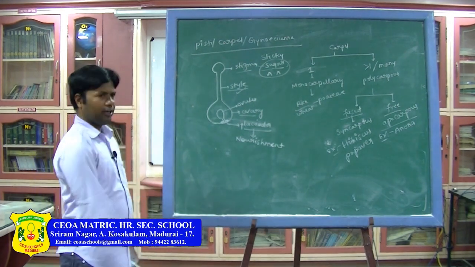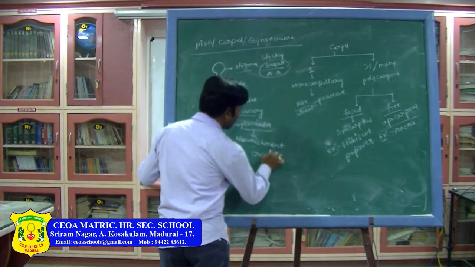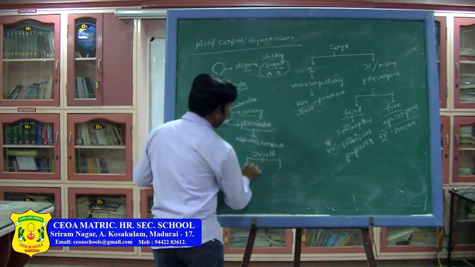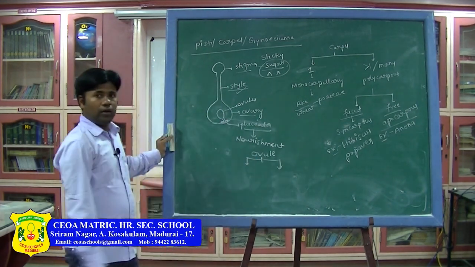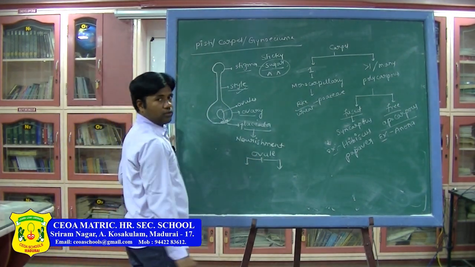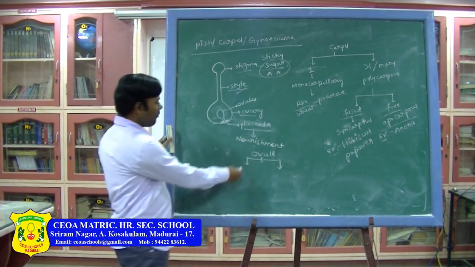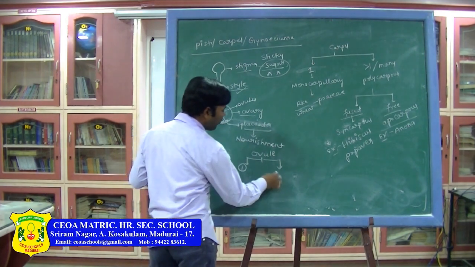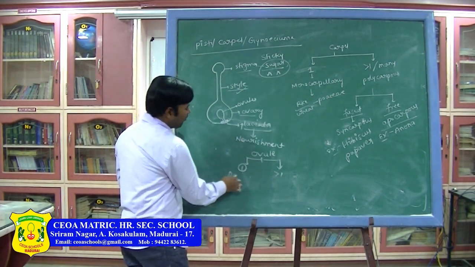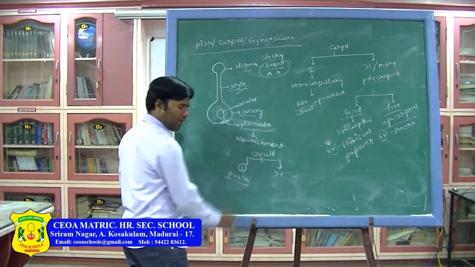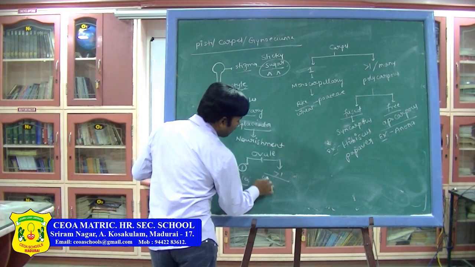Then, based on the number of ovules present, there are two types: uni, or many, that is multi. Uni means only one ovule, as in the Poaceae family, like rice and wheat. And more than one ovule is seen in, for example, watermelon.